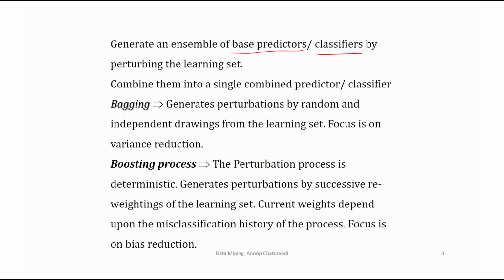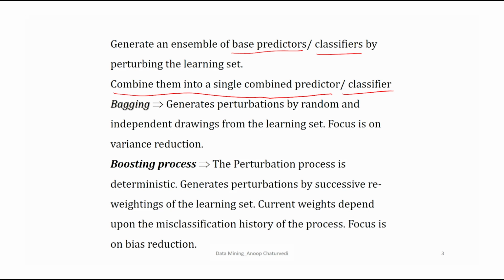By perturbing the learning set, we get different predictors based on different fitted machine learning models, and then we combine them into a single combined predictor or classifier.